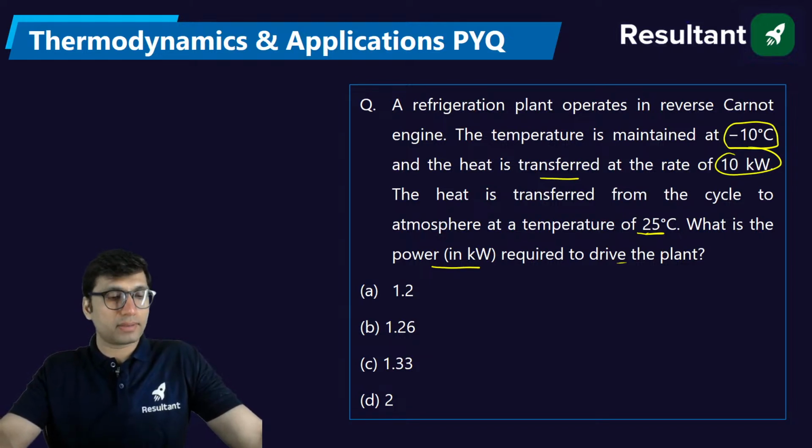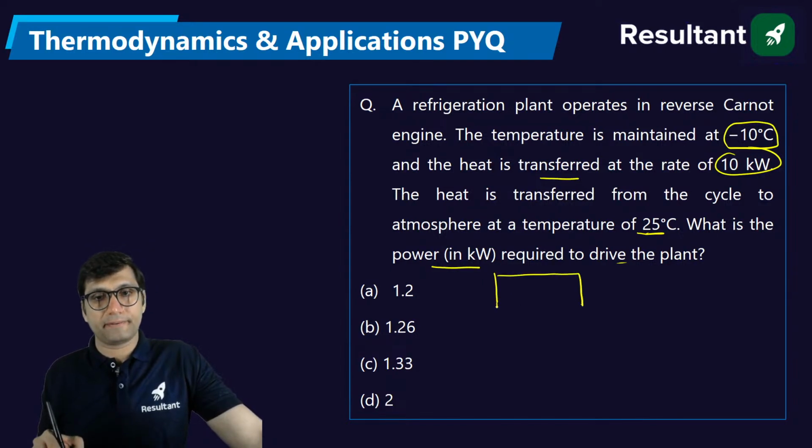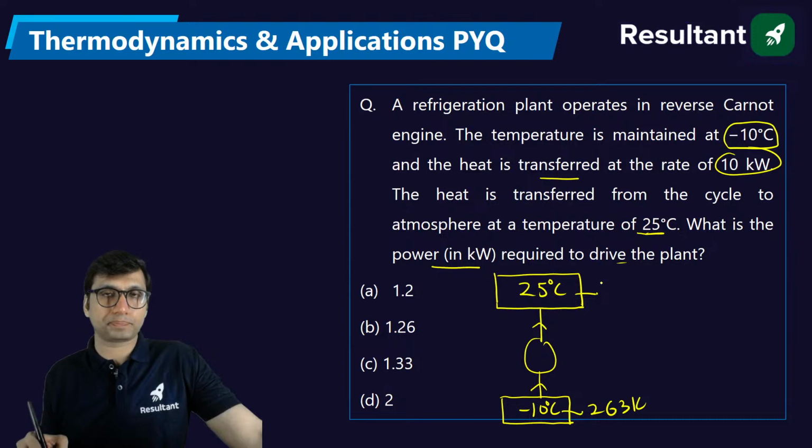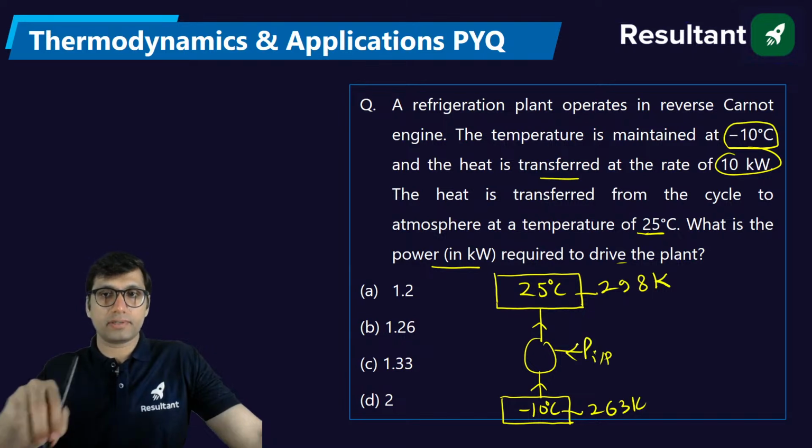So basically what is being given in the question here, that your refrigeration system is rejecting the heat at 25 degrees Celsius and the temperature it is trying to maintain here is -10 degrees Celsius, temperature being maintained, low temperature, that is 263 Kelvin, this is 298 Kelvin. Okay, high temperature. And they are basically asking what is the power input that this refrigeration system will need,